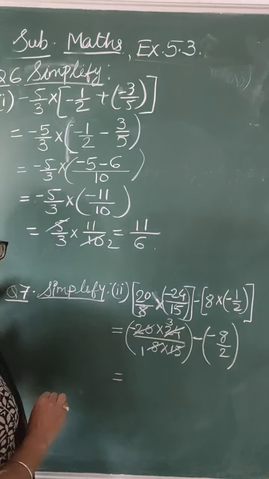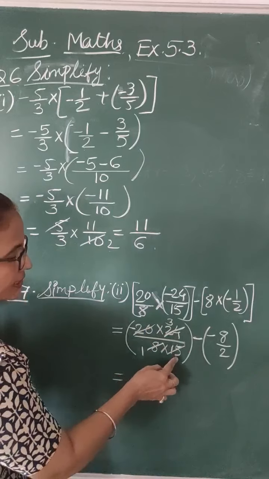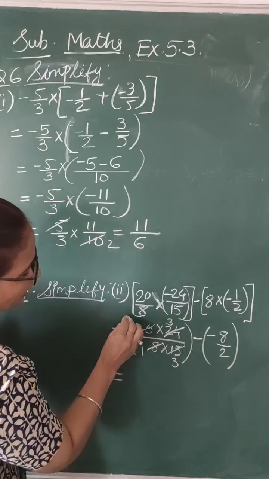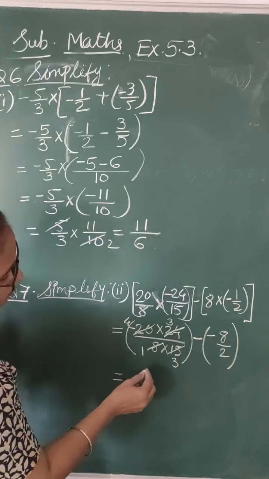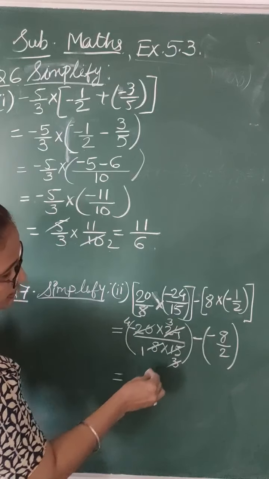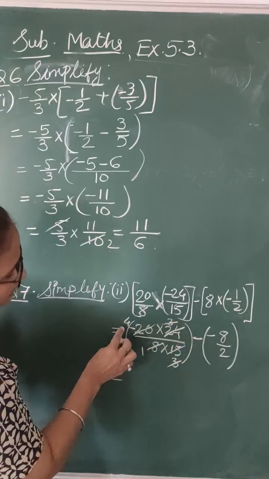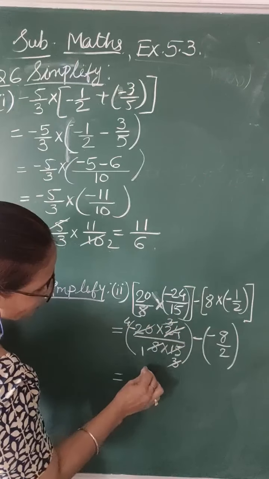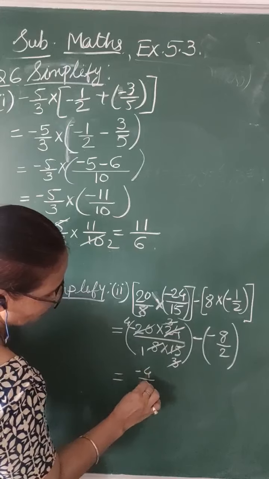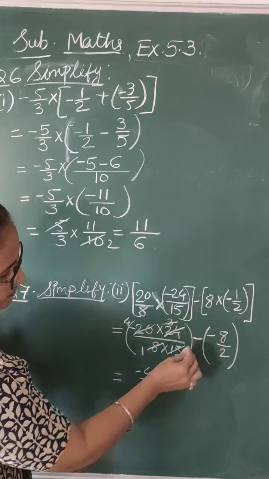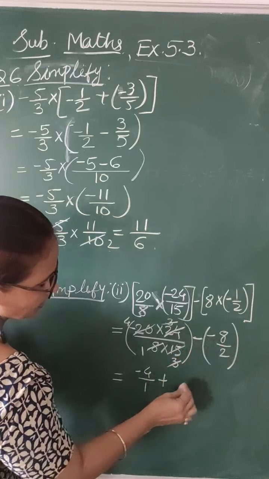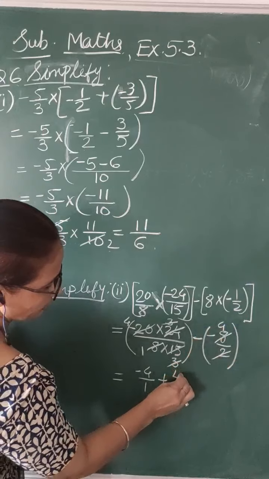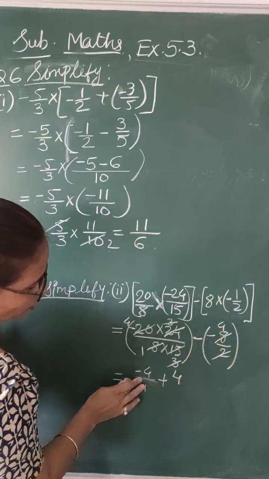This and this both are divisible by 5, as there is 5 and 0 at the one's place. So 5 3s are and 5 4s are, you got. Now after that you can see that this 3 and 3 also simplify. Now in the numerator what is left? Minus 4, and in the denominator nothing is there, you can write 1. So minus 4 by 1. Now let's check this. Minus into minus is plus, and here you can simplify, children. 2 4s are, so you are getting 4. So this one you write or not, both are same.